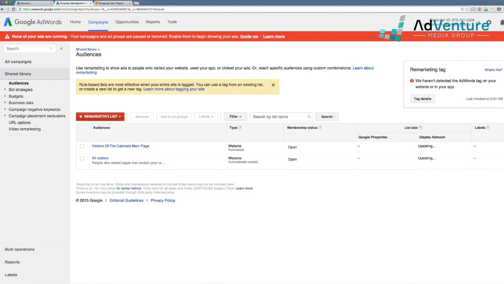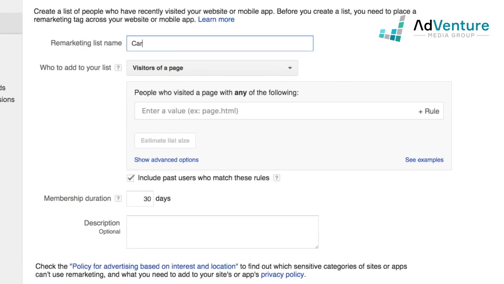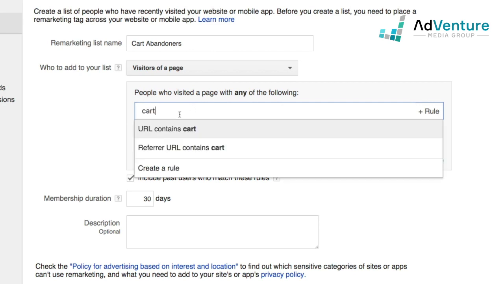Okay, so I'll take the cart URL, just the end of it, go back over to my AdWords dashboarding. I'm going to want to create a new remarketing audience. Once again, we'll choose website visitors. We'll call this one cart abandoners. Visitors of a page, and we're going to start now. We're going to add a rule. So first, we're going to include anybody who visited the /cart page,